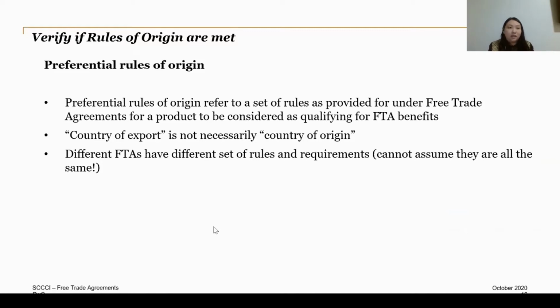So if any of you out there are asking, okay, I've got this product shipped through Singapore, and there's an FTA between Singapore and, let's say, China, can I use the free trade agreement? I can tell you right now, you cannot, because shipping through a country doesn't confer any origin. But how can the final destination country know, right? They can see that your shipment is from Singapore, so